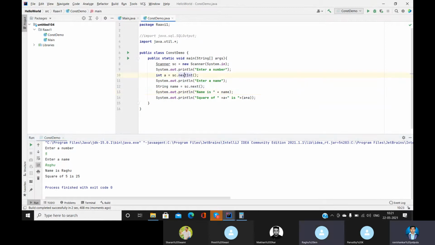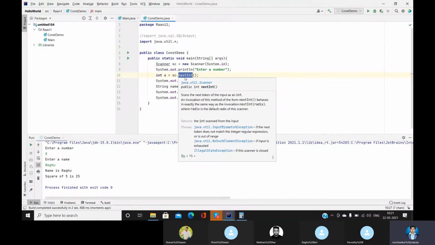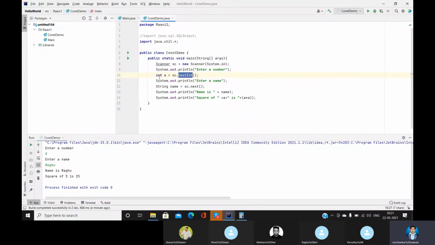First, there are multiple methods: nextInt, nextFloat, nextChar, everything. We have multiple methods under the Scanner class, and whenever you call a method, you have to use the respective data type for the variable. So you can't assign, for example, if I give next here, see, it is throwing an error. Integer doesn't take float or double, whatever it is, we need to give the right type. Absolutely. It says the required type is int and you have provided a string.